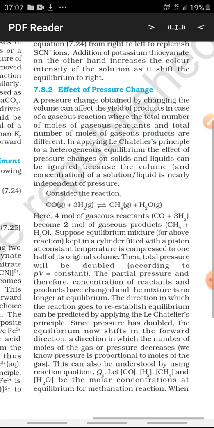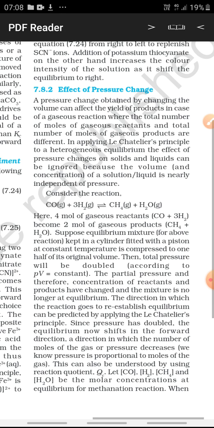If the reactants and products are present in the liquid or solid state, then we do not consider the effect of change of pressure, because it does not affect the volume. The volume of liquids and solids does not change. So, it is considered only in case of gaseous reactants. Now, we have 4 moles of gaseous reactants on the reactant side and 2 moles of gaseous